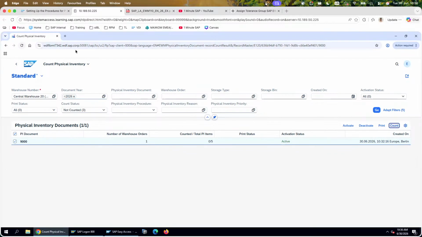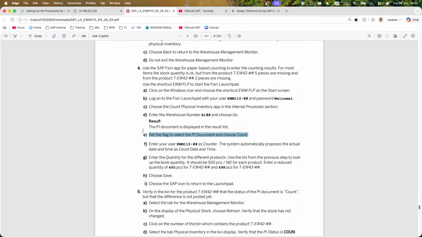I think I'm getting a little lag. I can't select anything. In the meantime, when it's ready, enter your user as the counter. The system automatically proposes the actual date and time. Enter the quantity for the different products. Use the list from the previous step to look up the quantity. It should be 500 pieces